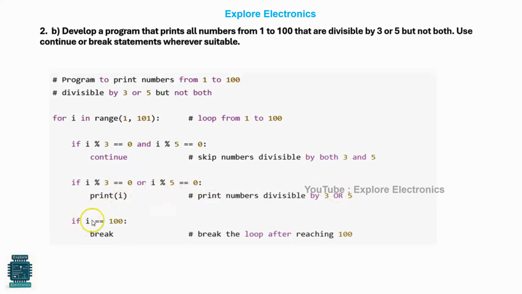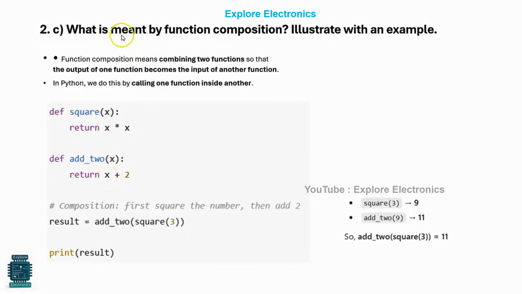Clear? If i equal to 100, which means the range is completed. We have taken till 100 only. That's why it will break the loop immediately. It will break the loop after reaching 100. Clear with the example? Next, move to the